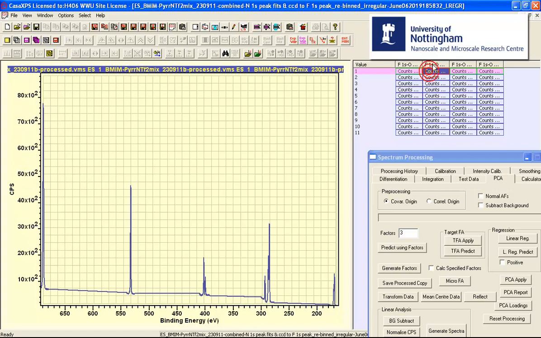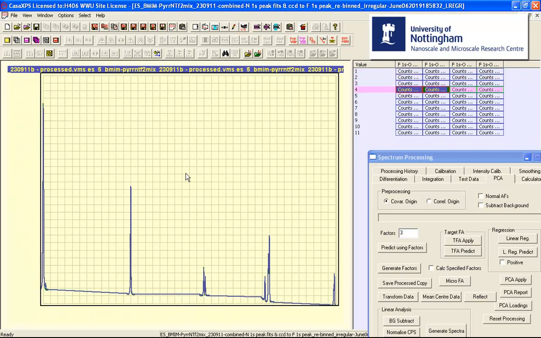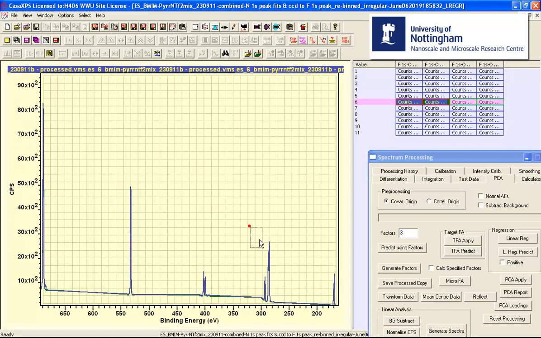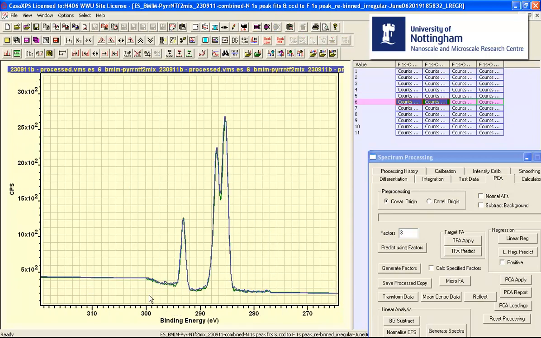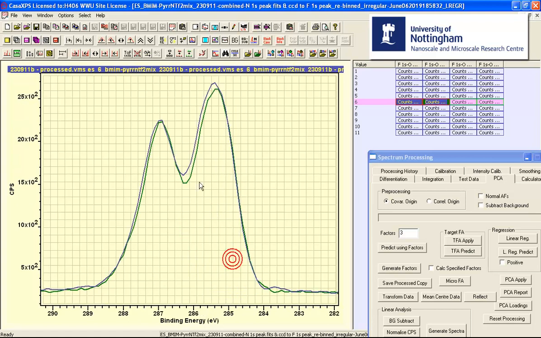It then includes another column that represents the linear least squares solution. So the linear least squares solution is an approximation to the raw data, and for the pure form, they're identical, but as we go down the list, we'll see that we get a slightly different solution. So you can see there is a difference between the blue and the green spectra, and this is simply because one